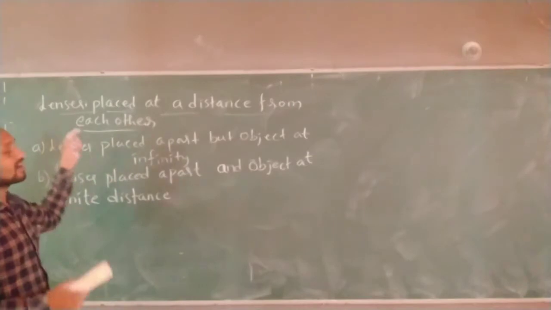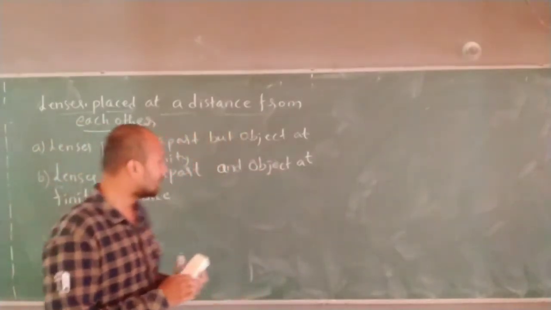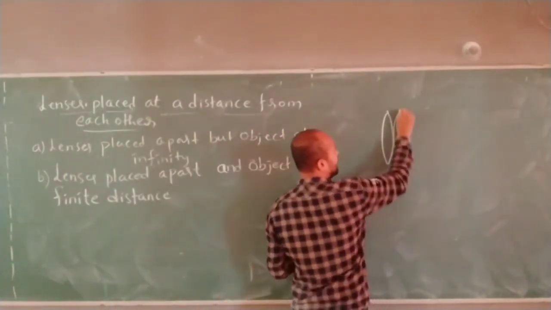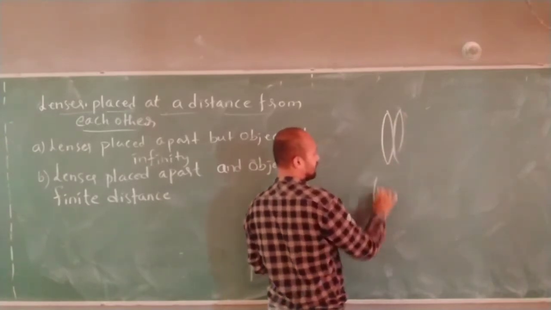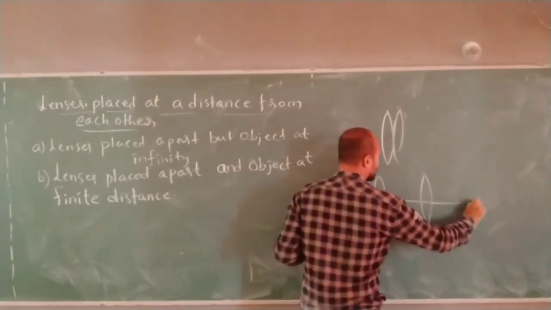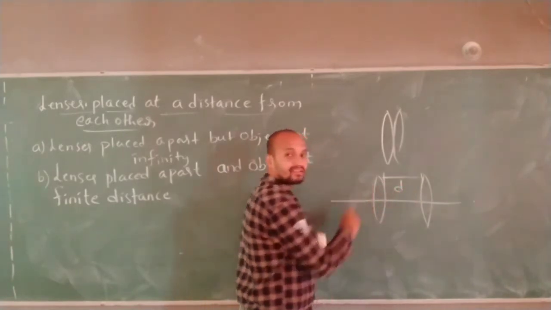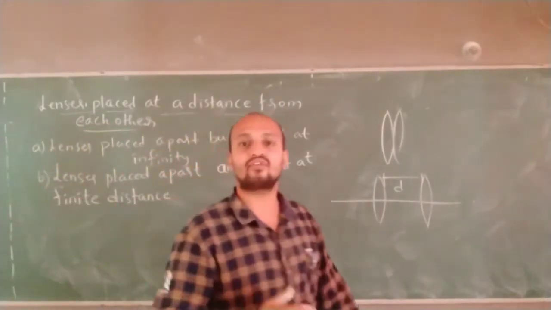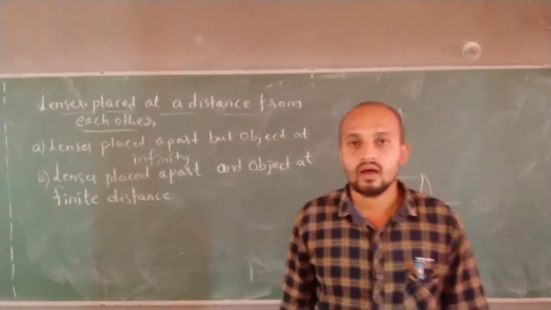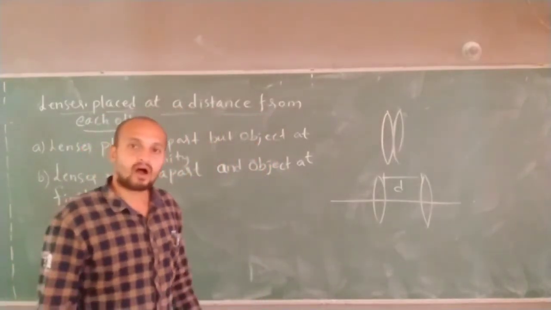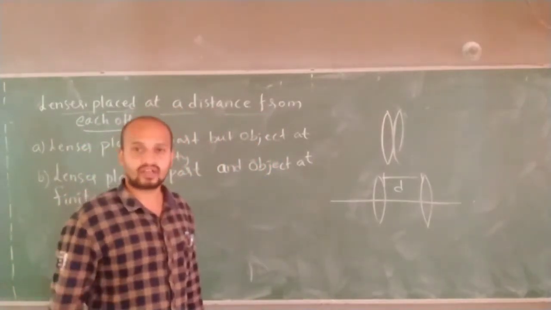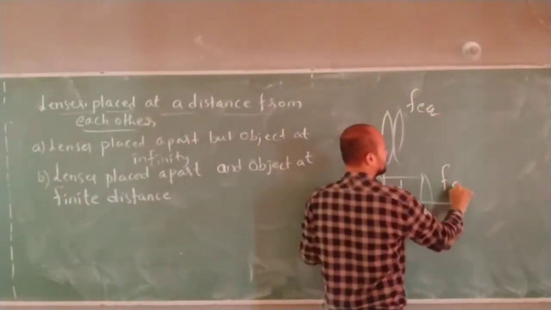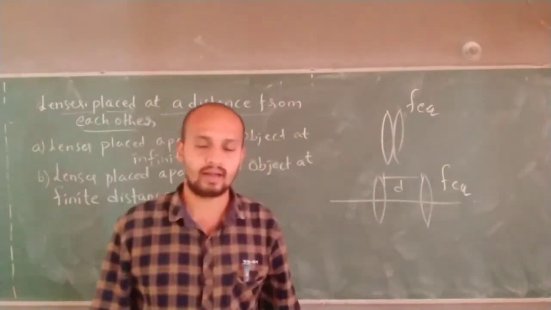If I am placing a little bit of distance between two lenses, I am talking about that. I am talking about placing a lens, now not very near, but at a little bit of distance. If I place a lens like this, are we able to produce an equivalent focal length of the lens? This is the first question. If we are producing it, what is that? Or are we unable to produce an equivalent focal length? For the combination placed near each other I found the equivalent focal length. For this combination, can we find it? Let us study that. I am talking about those things right now.